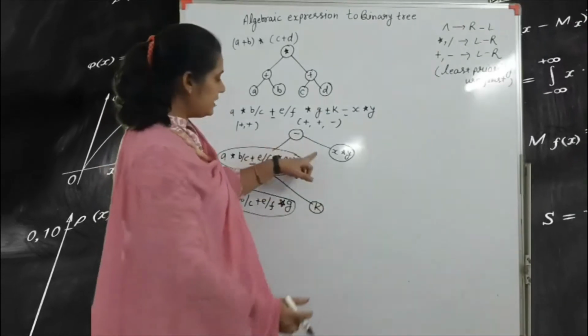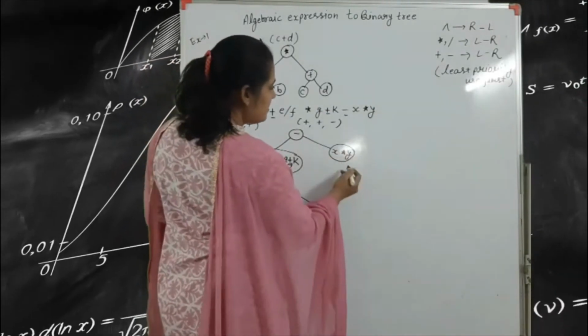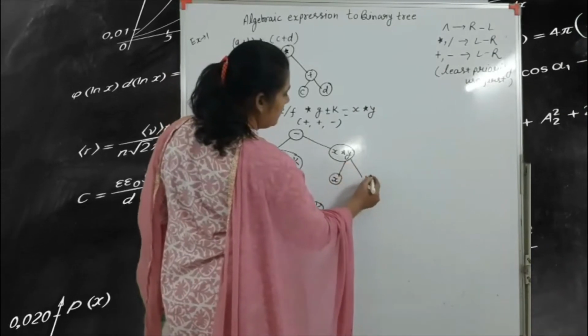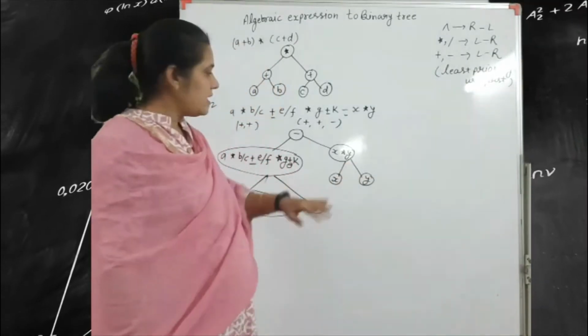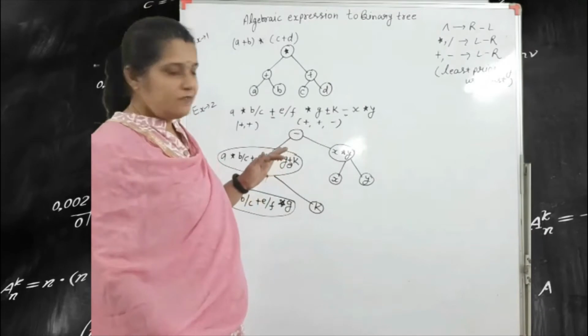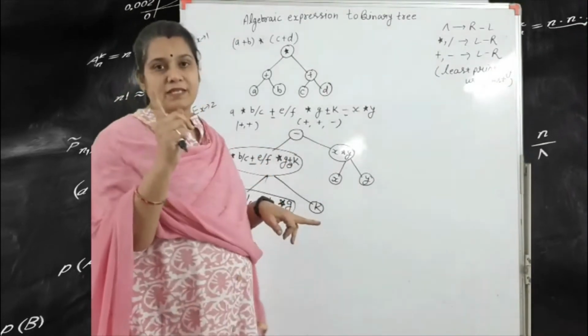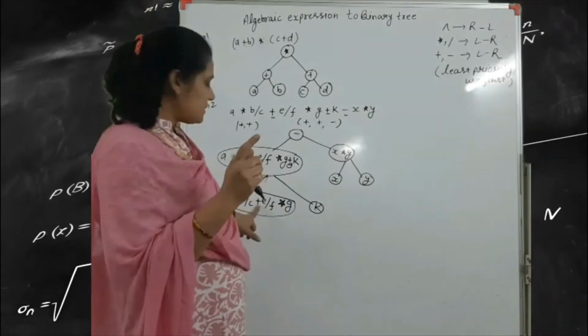Got it? And here this is the star sign. So obviously here we write the X and here we write the Y, left hand side and the right hand side. Okay. So the right hand side is very easily solved. But in this example we again have one plus sign. Okay. So this plus sign is alone.